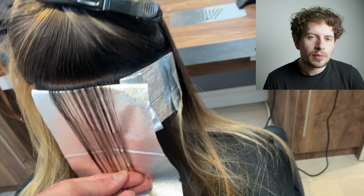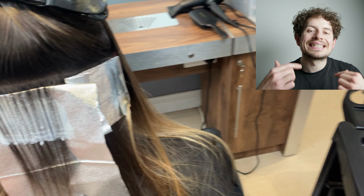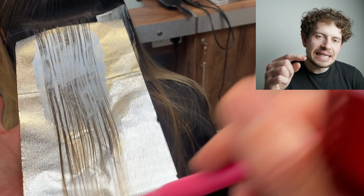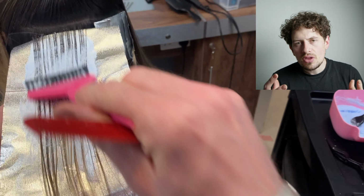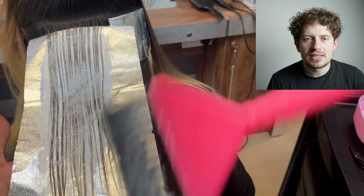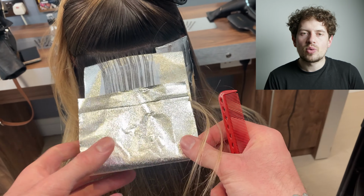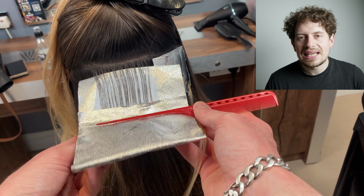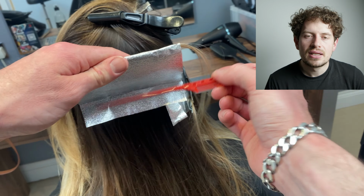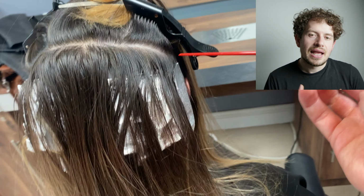Obviously, in this back area, we've got 3 foils that go horizontally across the head. And my next section that I then go to take wants to be at least 1 centimetre or so, 10 millimeters roughly, away from the previous section. The main reason for this is that highlights in this specific way are there to accent and highlight, not to change the color specifically. So I think it's really important that we obviously remember that, because when we were at